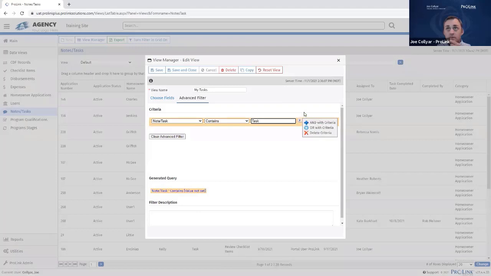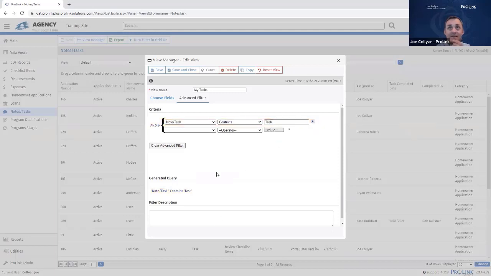So that means I need more than one criteria. So I will hover on this arrow, go ahead and say, and that'll give me a second row here. And we'll do assign to. And this is the name of who the task is assigned to. And we'll do contains. And I will put my last name in there. And so now it is giving me things where it's a task and it's assigned to somebody with Collyar in